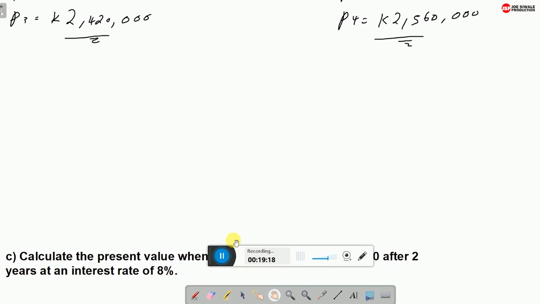So we can write down that sequence: in our first year 2,140,000, then in our second year 2,280,000, in our third year 2,420,000, and in our 4th year